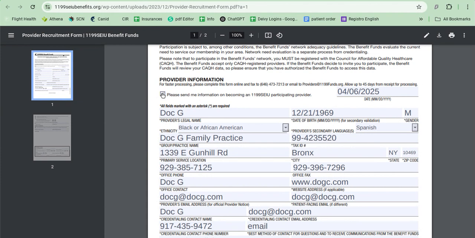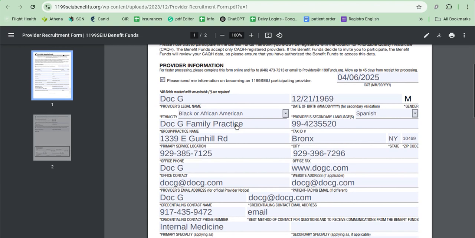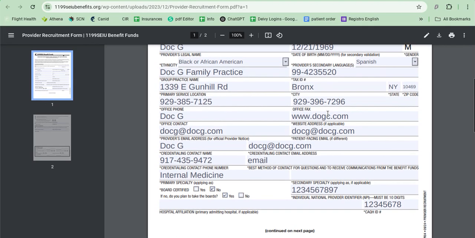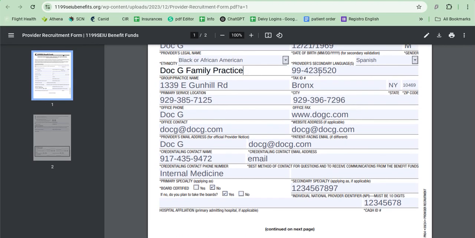Definitely check this box. This is allowing them to send you information about the credentialing process. Put the date, legal name, ensure that it matches your license, date of birth, gender, ethnicity. Be sure that you put your ethnicity because this information is going to go on the website. Your languages as well. Name of the practice, tax ID, address